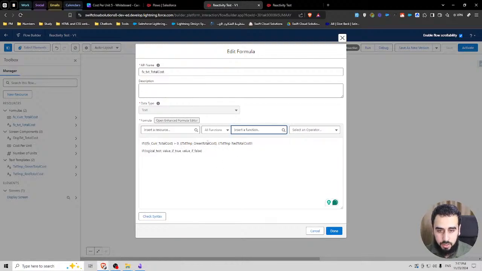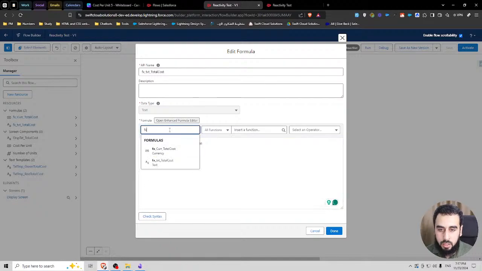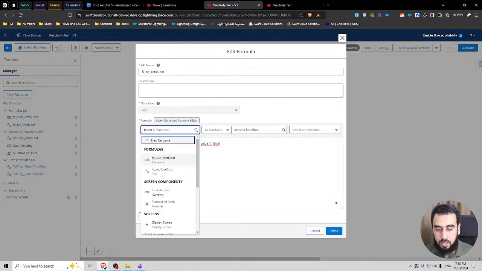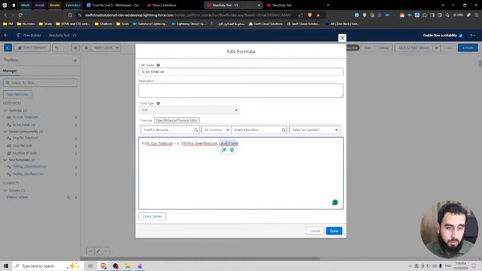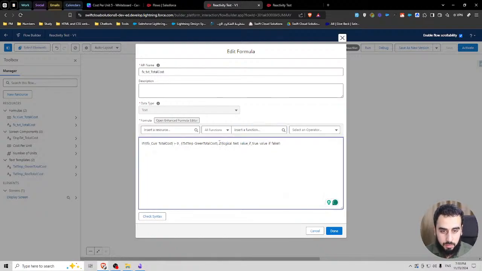So let's just build it again. So here's the if condition. I'll just start from scratch. If the formula for total cost is greater than 0, then give me the green text template. Else, I want to evaluate again. Like if that's not the case, then I want to evaluate it again. So I'm gonna add another if statement. I just put this in another line. That's the second if statement now.